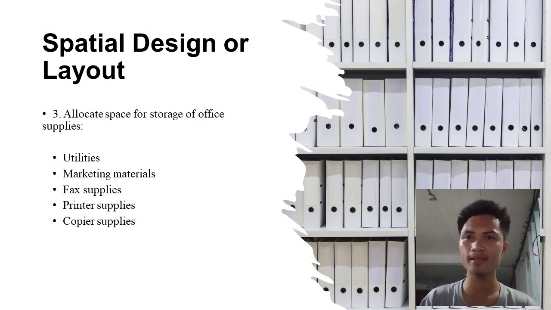Storage cabinets. This is also one. Storage cabinets or shelves to keep copier supplies organized and protected from dust and damage. Regular maintenance. We have to ensure that the copier supplies are regularly checked and replacements are readily available to maintain